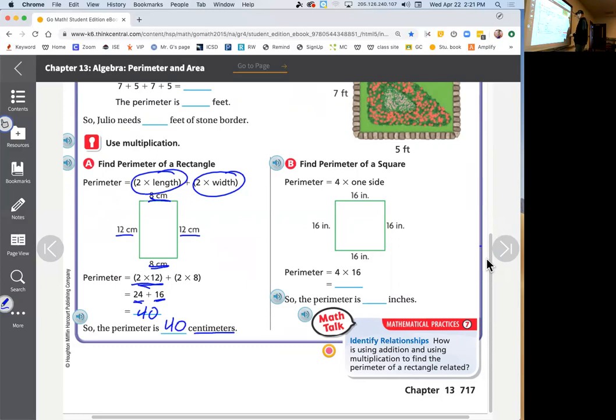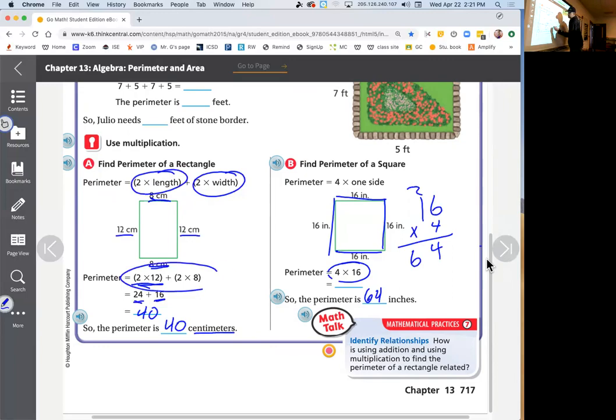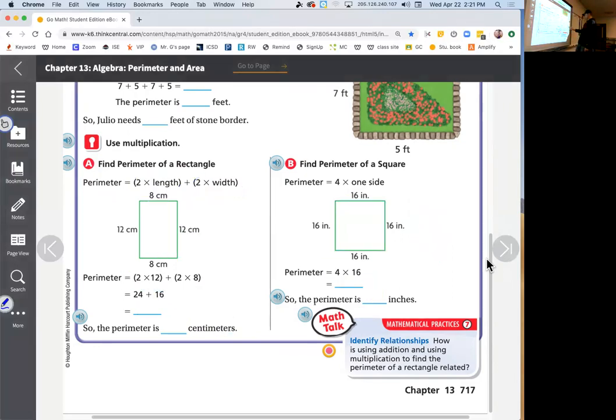Now on this one, square is cool because you can just take your side times 4, because all 4 sides are the same. So 4 times 16, so I've got to do a little more work than just my mental math. 24, so you got 64. This one is 64 inches around the outside. That's it. That's perimeter. You just add up or you multiply like this to find your perimeter. Okay, so let's move on to the next page,